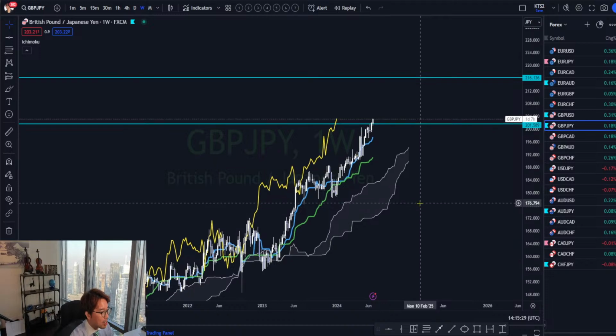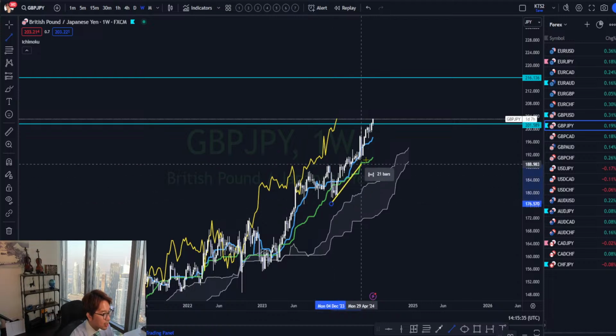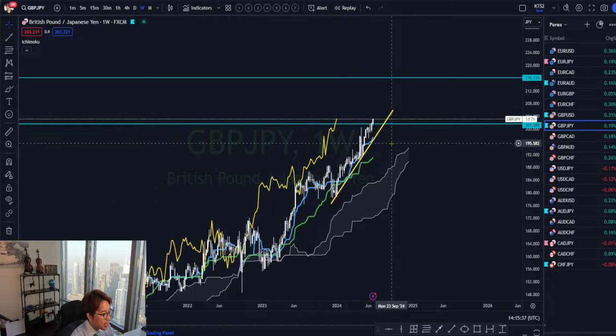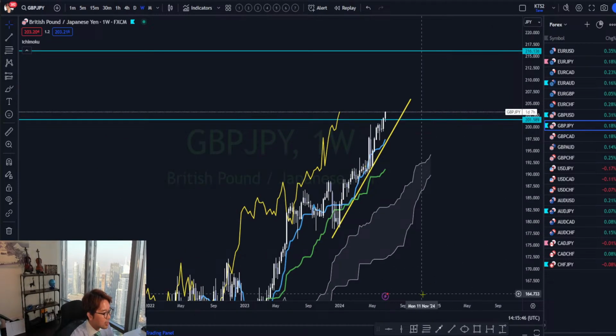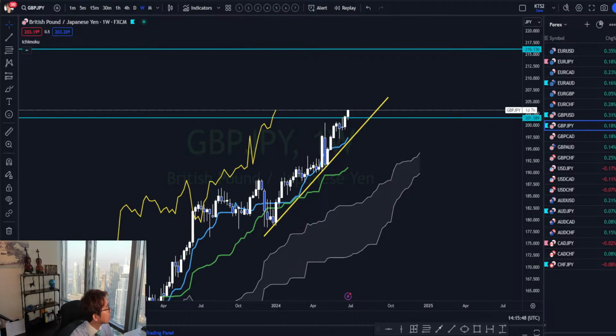And how far the market may retrace is either to the Tenkan-sen or the ascending trend line. When I draw the trend line this way, it matches with the Tenkan-sen. In fact, the Tenkan-sen has been supported by the trend line here, and here too. So even if the price comes down, it should be supported by the Tenkan-sen or the trend line and go